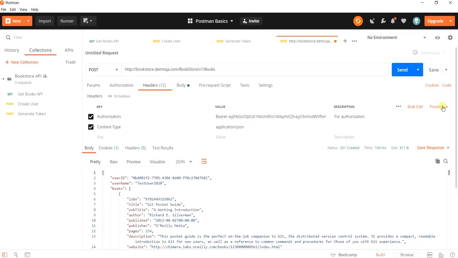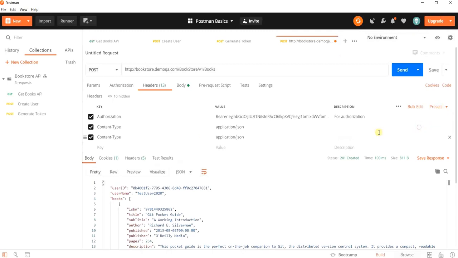Now if I close this, I see that in the presets option I have a JSON type preset, and if I click on it, another header got added from the preset. So I did not have to enter the key and value explicitly, but the preset took care of it. This is helpful for saving time for the headers that you frequently need to add. Another small operation that we can perform here is that if you click on these three dots, we see which columns should be visible to us and which not. So this is just to customize the view for you as per your needs. So if I just deselect, the description column is gone. So these operations can help you in operating on headers in many ways.